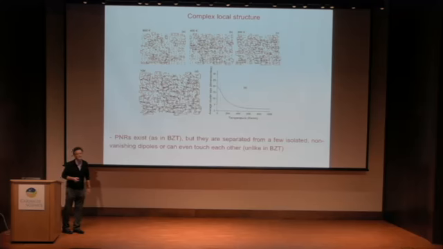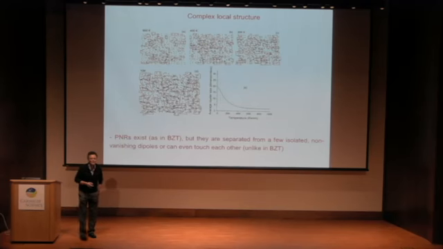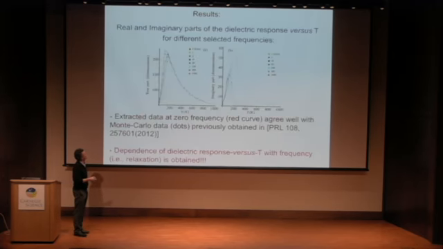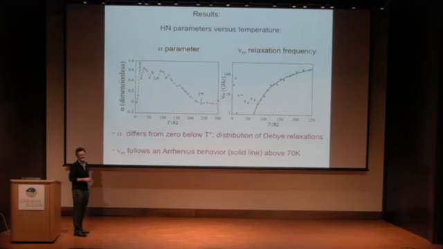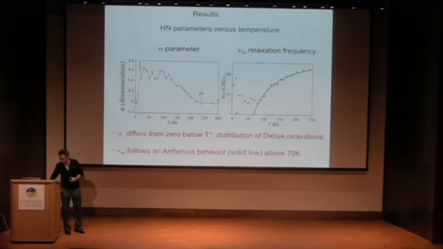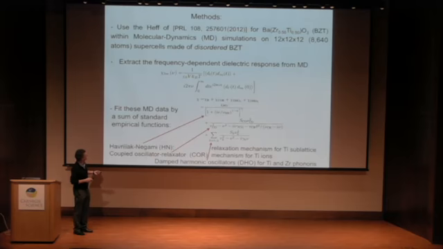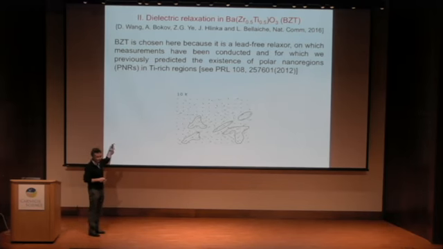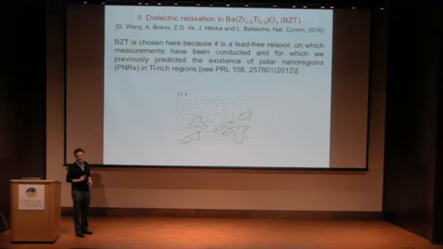You mentioned that in BZT, the relaxation frequency follows Arrhenius' law. So my question is, can we still call it a relaxor? Because if there is just Arrhenius, there is no freezing. It's a good question. I don't know if I may have a picture here. No, I have only 10K. But if I look, for example, above 20K, it's true. I have a different picture. It's not a complete freezing. You don't have a real freezing temperature in BZT.